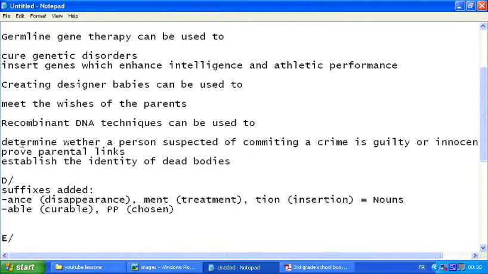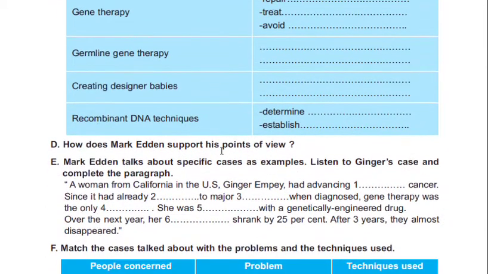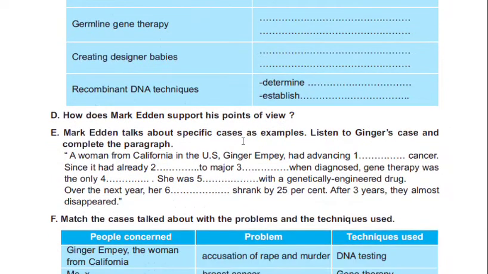Moving on, we're done with that task. How does Mark Eden, the speaker, support his point of view? Well, he mainly used reference to his job, because he's working in medicine, and when people work in a job that is related to science, we as listeners or readers tend to believe what they say. That's why many people refer to their jobs, or they can use other ways to support their points of view, such as numbers and figures, which were not used in this passage.